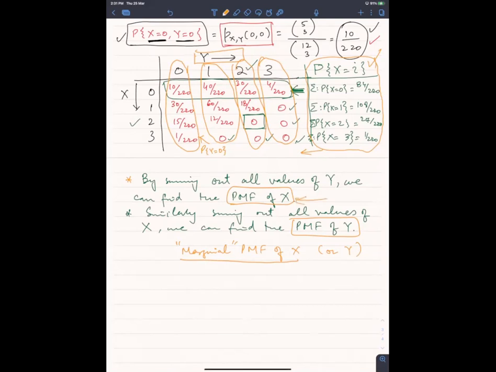PMF of x जो है उसको marginal कह देते हैं इसलिए कि वो joint में से निकाला है. Joint में से y को integrate out कर दिया, sum out कर दिया, कंटिन्यूस के केस में इंटीग्रेट आउट करेंगे, लेकिन डिस्क्रीट के केस में y को पूरा हमने सम आउट कर दिया, y को सम आउट किया तो आपके पास x का प्रोबेबिलिटी मास फंक्शन आ गया, उसको कह देते हैं this is the marginal probability mass function of x। क्यों मार्जिनल कह देते हैं? क्योंकि उसमें से हमने y को सम आउट कर दिया, ऐड आउट कर दिया। ओके,